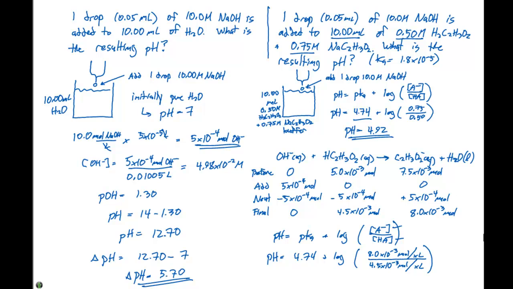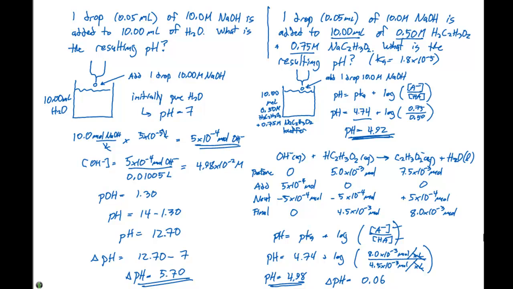So it doesn't matter how much of this particular solution we added, the liters right here are going to cancel. So this is why we can use moles instead of concentration in these particular equations. When we do this, we're going to get a pH value equal to 4.98. Okay, so if we compare our initial pH, which was 4.92, to now our final pH, which was 4.98, our change in pH is going to equal 4.98 minus 4.92, which gives us 0.06